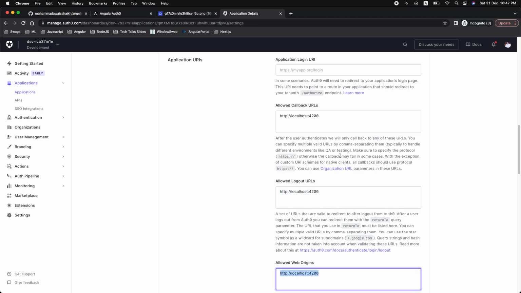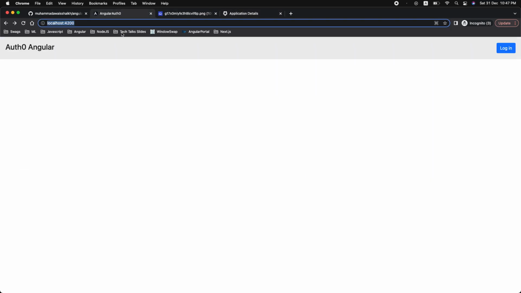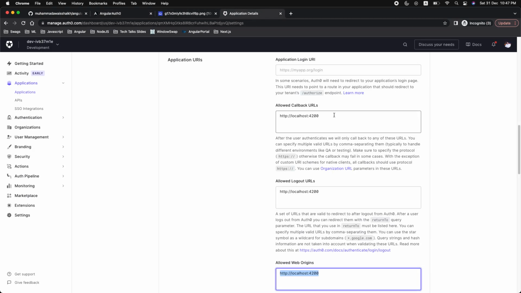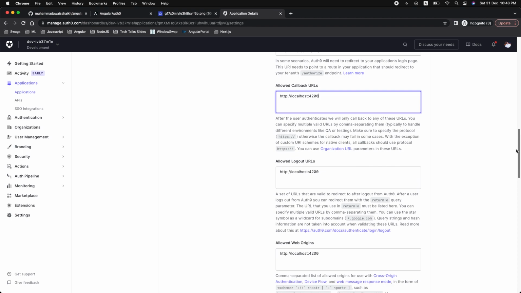origins, right? Assume that you have worked on this application and deployed it to a UAT, staging, or production environment. You have to add those here, separated by commas. Assume that I have my own domain, I have to provide that here, because this will also redirect those things. So we have to provide those URLs here. This is my local dev environment, this is my production URL. This is the way you can provide the other URLs where the application will be hosted,